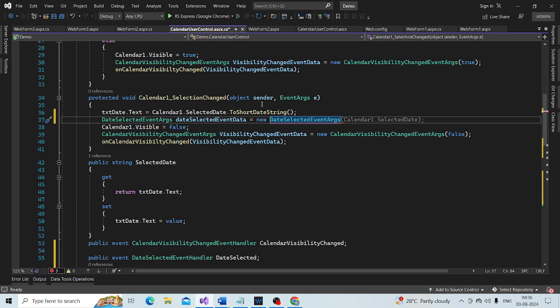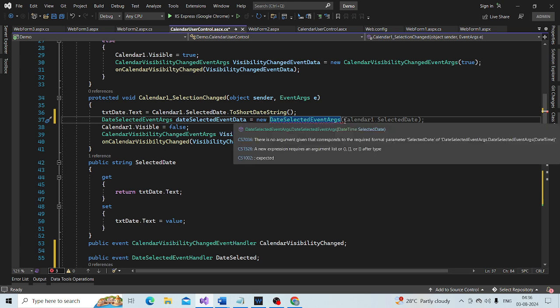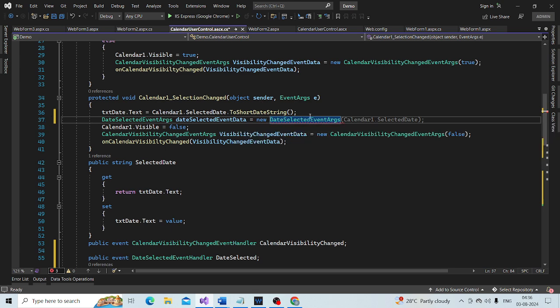we create an instance of that class, date selected event args.